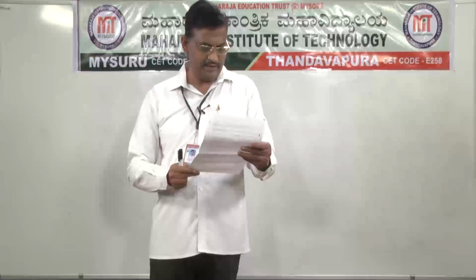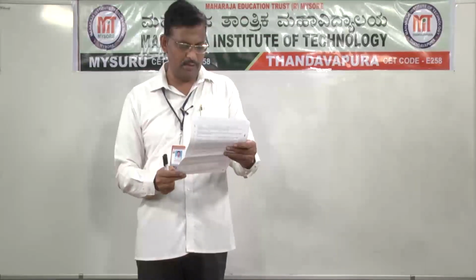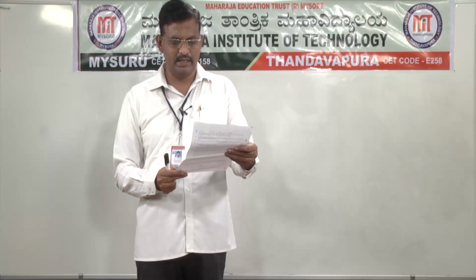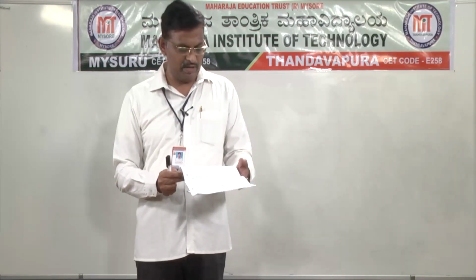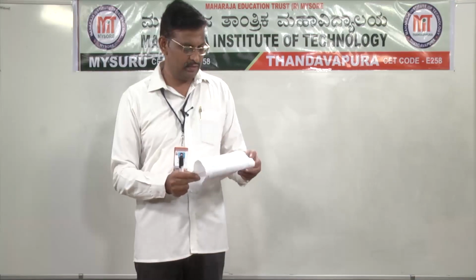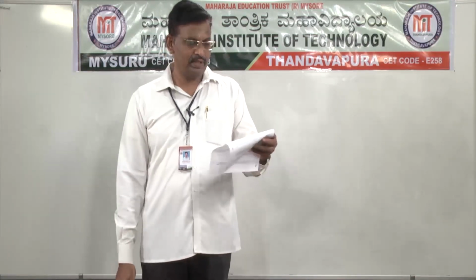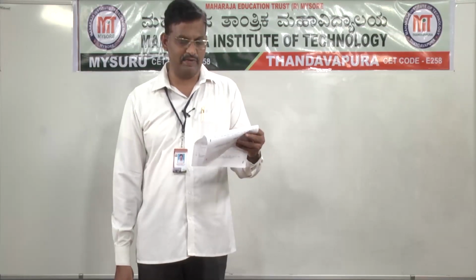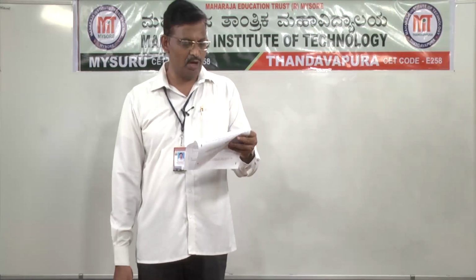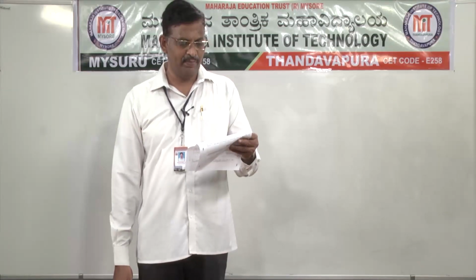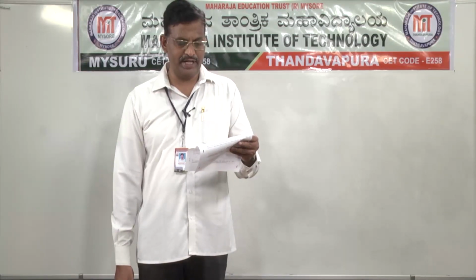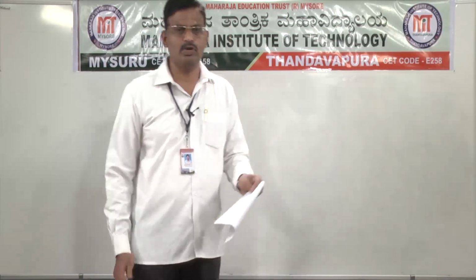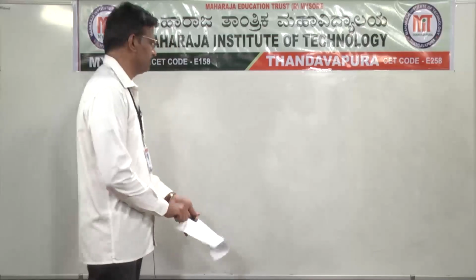Next, question number 7. I1 and I2 are the moments of inertia of two circular discs about their central axis perpendicular to their surfaces. Their angular frequencies of rotation are omega 1 and omega 2 respectively. If they are brought in contact face to face with their axis of rotation coinciding with each other, the angular frequency of the composite disc will be.